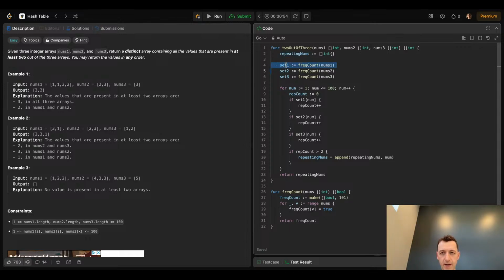We have our sets. Set goes over nums. Well, actually, this is not a frequency count in this case, since we're returning, we're not counting them anymore. We're just saying,